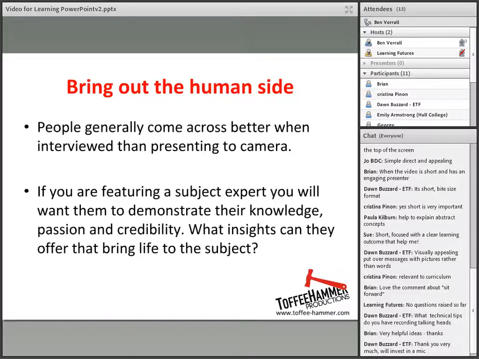And that's true whether you're describing something very practical, like how to change the oil in a car, where the presenter will bring out their human side and engage the user, or something that's perhaps more obviously involving people, for example, interactions, job interviews and so on.